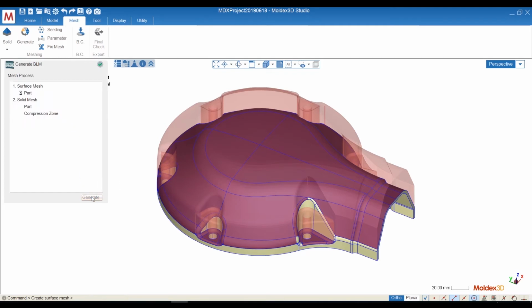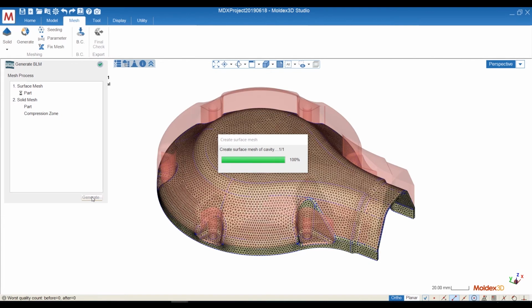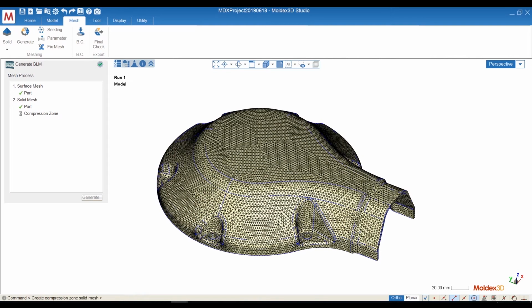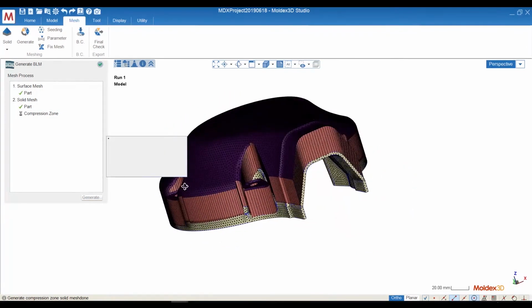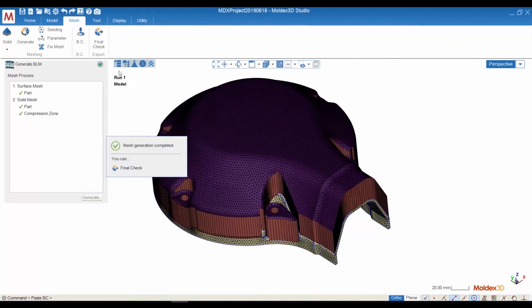Okay, and after it's determined, we can go and generate the surface and solid mesh for our part and compression zone. Normally this step will take maybe 1 to 2 minutes. But for a small part like this, generally speaking, it is less than 1 minute. Okay, so now that the solid mesh for the part is done, we'll extrude the prism mesh for the compression zone. Okay, now that the mesh is done,